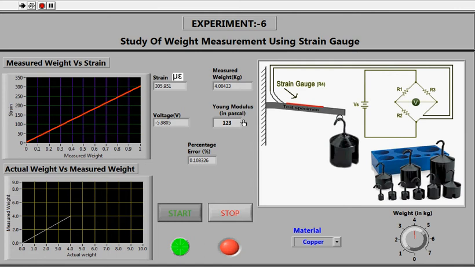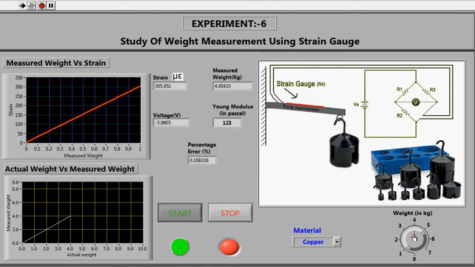Some materials stress a lot, and in comparison some materials bend less, so these values change due to the material we have selected. Like aluminium, we are getting some different values, and for the copper we are again getting different values. Now again, if I increase the weight, suppose I make it to the maximum,